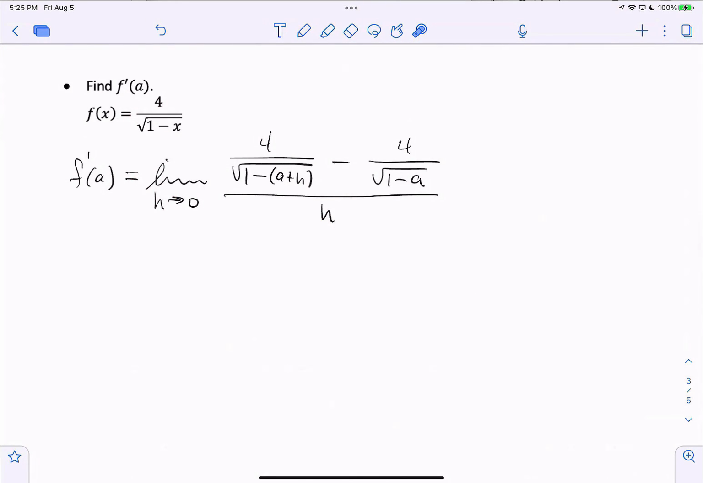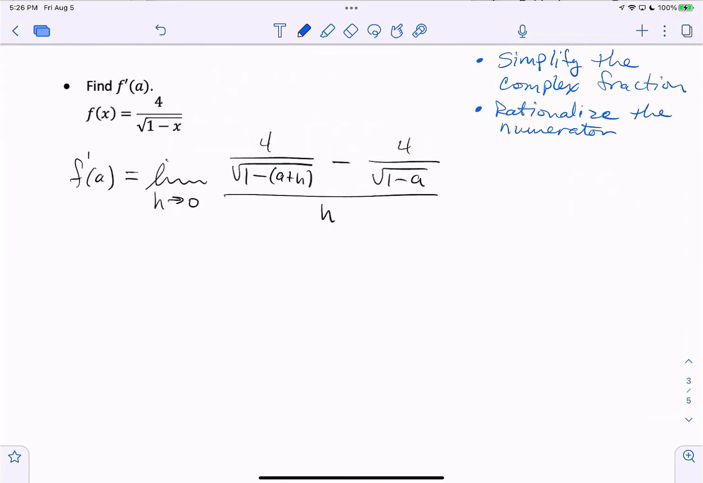I've got a couple of things going on. One of them is that I have a complex fraction, so I want to simplify that. Then I'm still going to have radicals, and so I want to rationalize. And in particular, I want to rationalize the numerator. So we're going to do those one at a time. I just realized my work might be easier to follow if I use different colors. All right, so first,